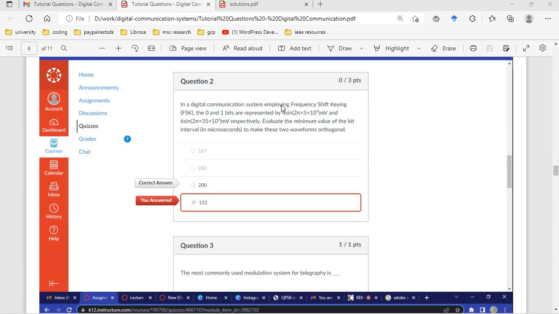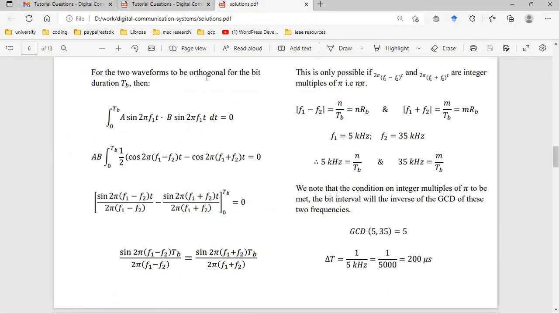In a digital communication system employing frequency shift keying FSK, the 0 and 1 bits are represented by this waveform and this waveform respectively. Evaluate the minimum value of the bit interval in microseconds to make these two waveforms orthogonal. Okay, so the condition for orthogonality between two waveforms is that